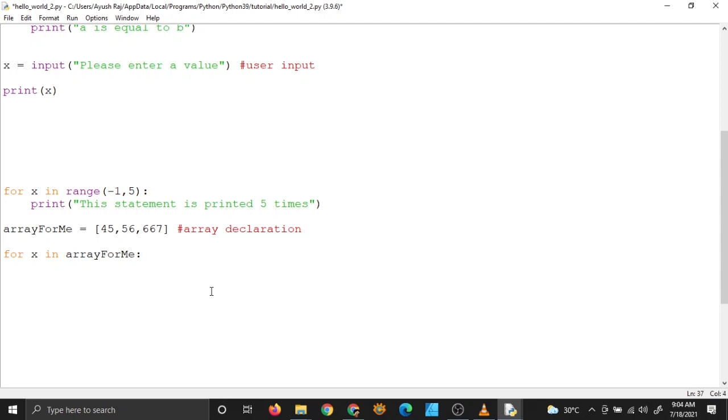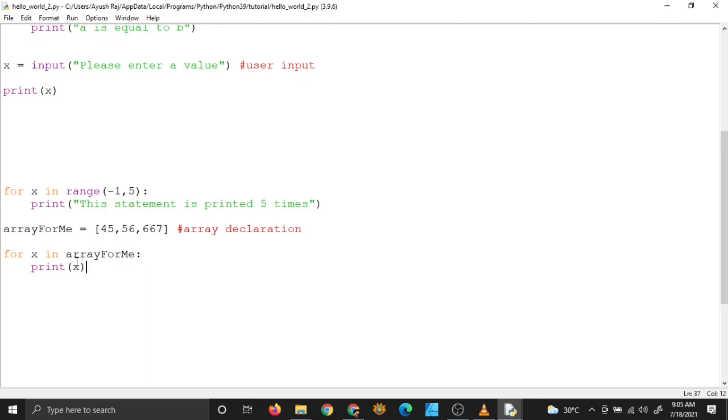So let me now go inside the block and show you how to print this element. Print x. Now what is x? X is just an identifier which will take the values of the individual elements of my array one by one, and I can access this value one by one inside the block of this for statement.